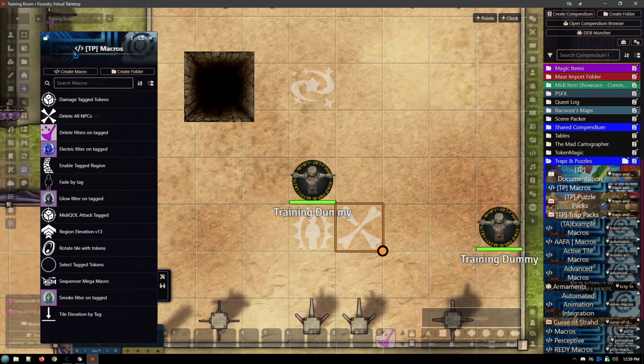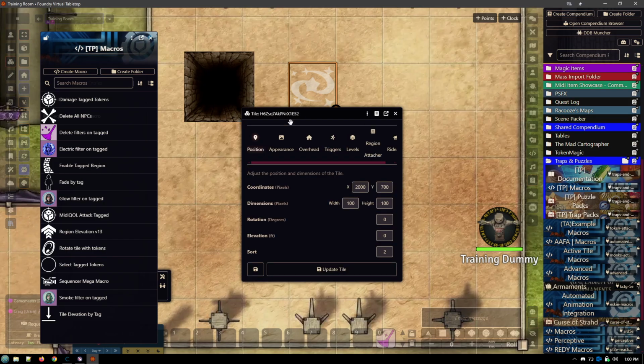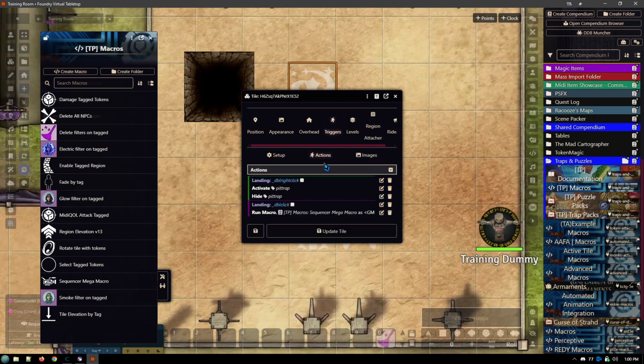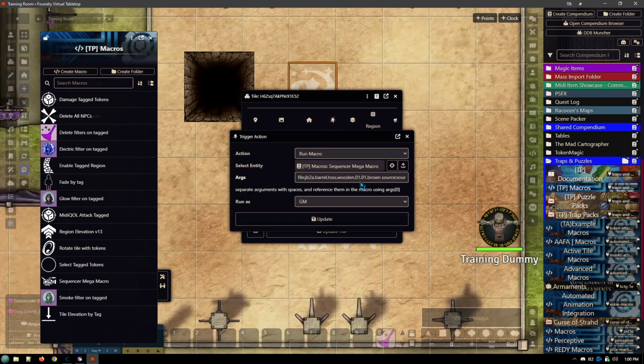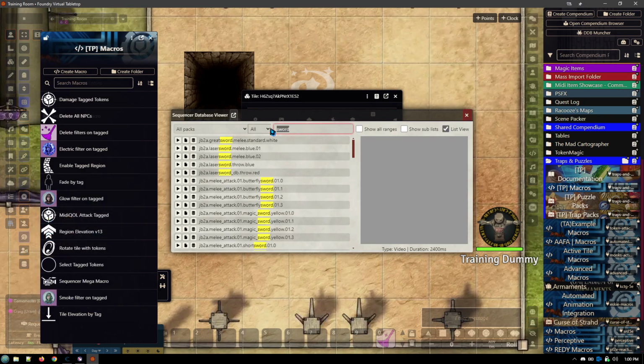Now, another effect that you saw me use earlier is when I double click on here, it tosses a barrel between the two of them. Now this one, go in here. We have the name of the animation file, which you could change to something else. So if you wanted a lightning bolt to go between the two of them, you would just go over to your token controls and the sequencer database, and you would just look up